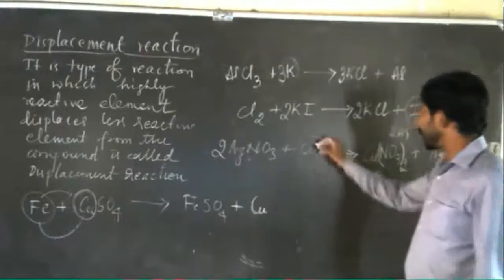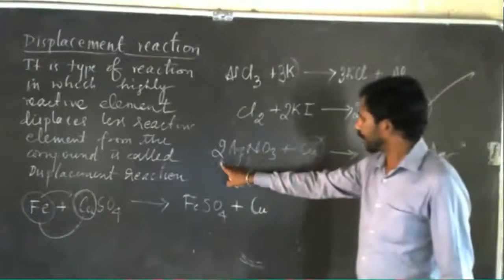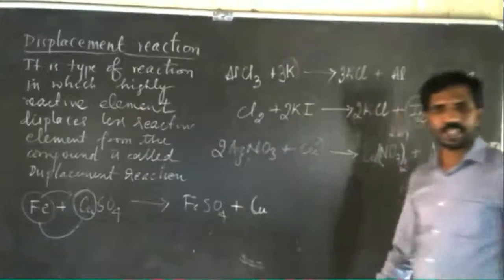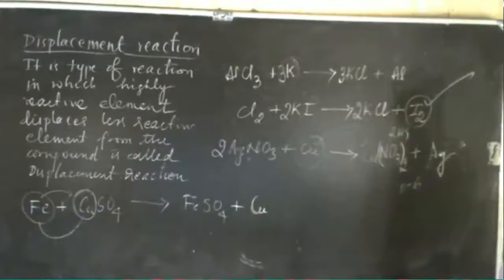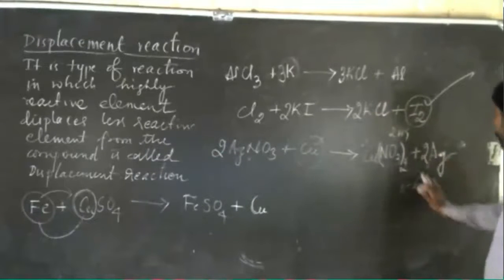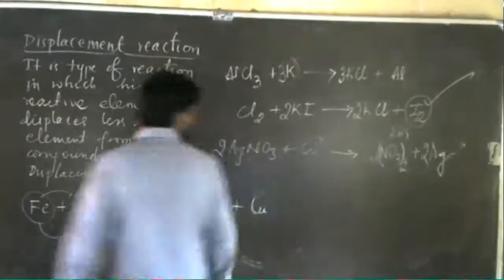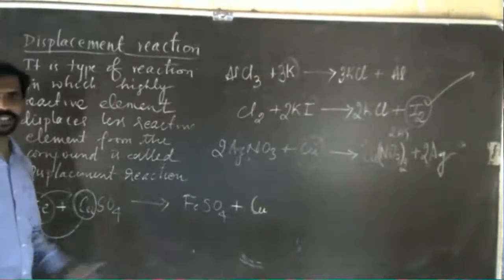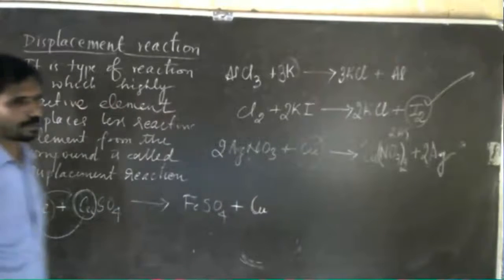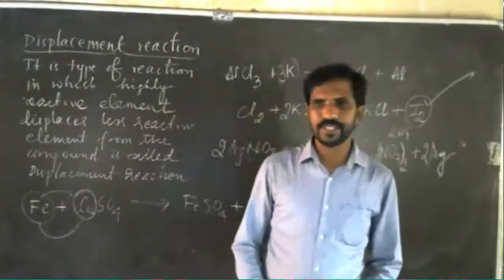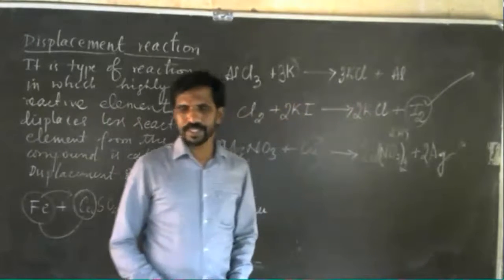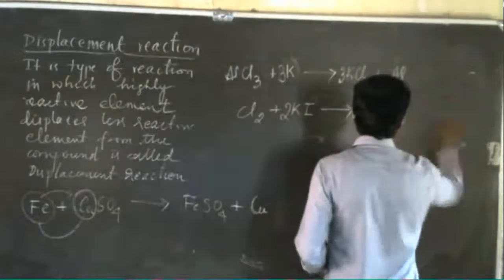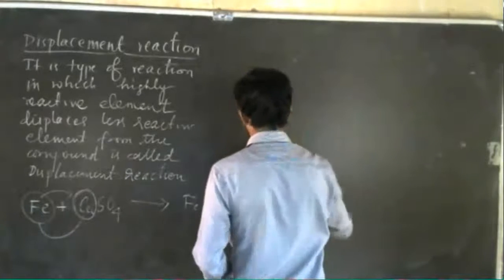So there it is already 6. Nitrogen becomes 2. Nitrogen is already 2 there, because the 2 outside the bracket refers to the nitrogen and oxygen also. That's why nitrogen is balanced. Copper is 1 on both sides. When I multiply AgNO3 by 2, Ag becomes 2, that's why I write 2 over here. So this is the reaction. This is how to balance the equation.